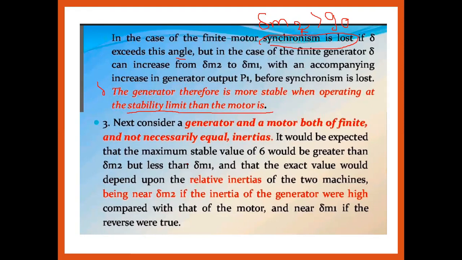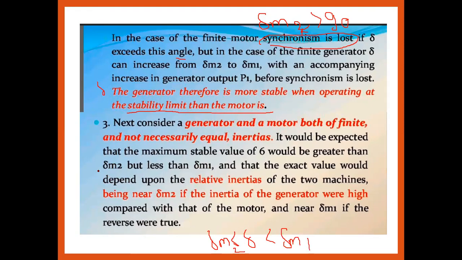are both working on finite, and not necessarily equal, inertia. Means both are working on finite inertia, but their inertia need not be equal. So in that case, the inertia of the generator will be different and the inertia of the motor will be different. What should we expect? The maximum stable value of delta must be greater than delta m2 and it should always be less than the value of delta